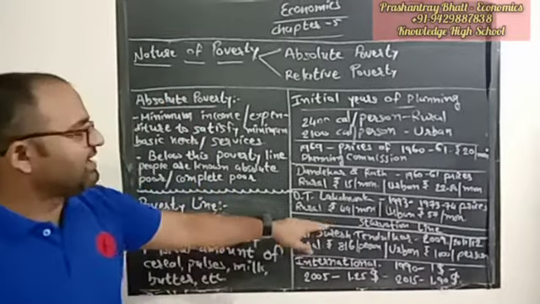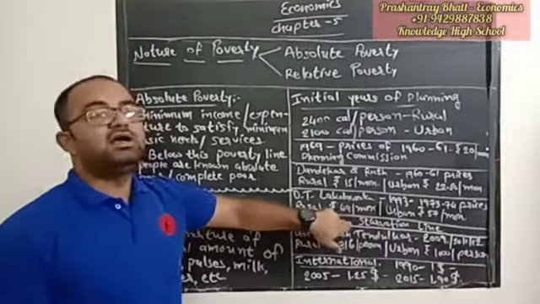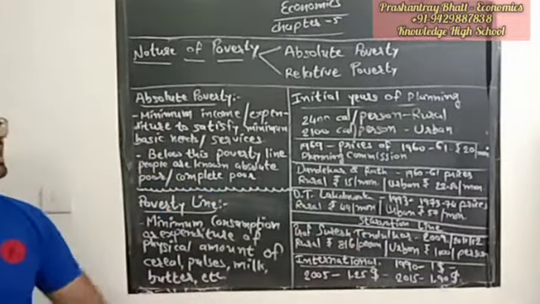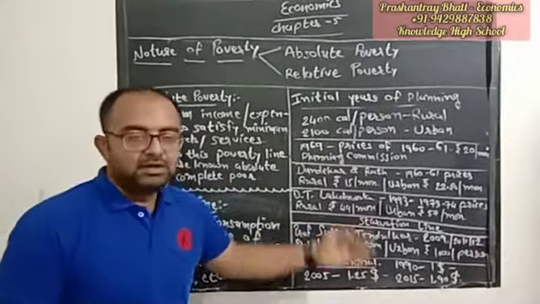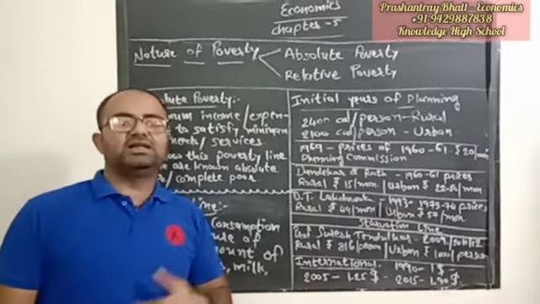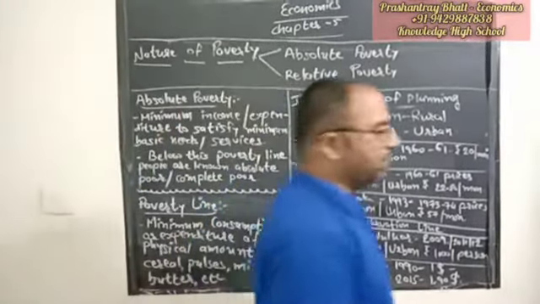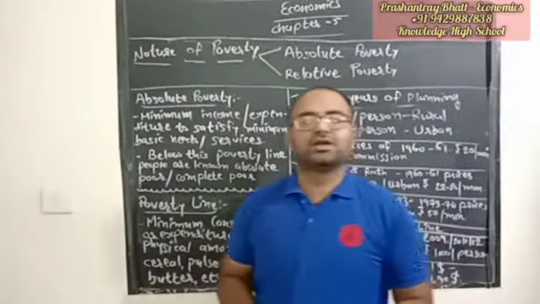So the poverty line until 1993, it is known as the starvation line only because it concluded only and only the calories consumption of a person. That means only the food. A person is hungry, then he is poor. Right? India is the country of culture. We follow different cultures.